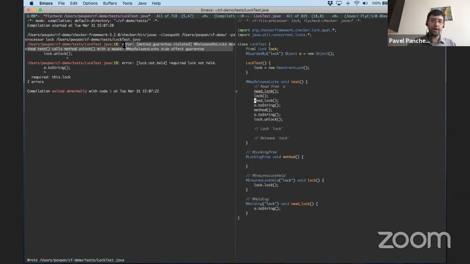So questions about the lock checker? Hopefully that gives you another example of, you might call this a relational condition, or, in some sense, it's not really relational. It's more about, it's almost an annotation on nothing, just the program state itself, talking about which locks are held. So any questions?